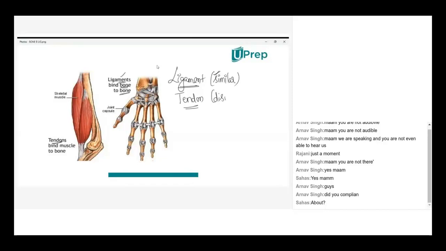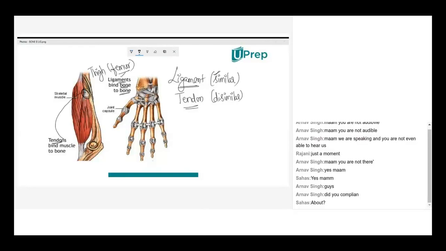So here when you take the tendon part, this is the skeletal muscles. They have taken the thigh bone. Here this example is thigh bone. The thigh bone is called femur. So here the muscle part is joined to the bone part. This is the bone part. The yellow one is the bone part. You can see the bone part is joined to the skeletal muscle by tendon. This is tendon.